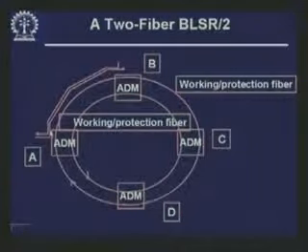That means A to B is communicating in this direction, B to A is communicating in this direction. But if one of them fails, the other one will give the protection by going in the other direction. So in the case of a failure, you have to go all the way round. Of course, you will have to reserve that resource, and if there is something already going on here, you may be blocked or this may have to be dropped and so on. So all these are there. Naturally, you have 2 fibers, so you have less flexibility. But with 2 fibers also we can get this bidirectional thing going.